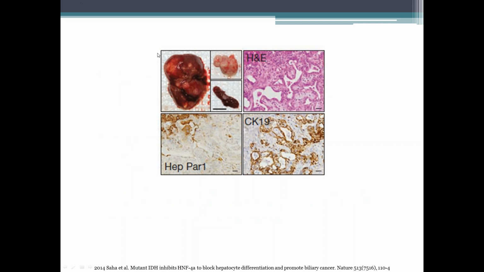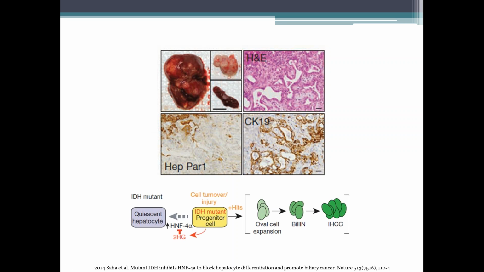So this figure again just shows that these mice develop cancer similar to what we would see in humans, and this is a microscopic view of that cancer in this part. And the stains underneath, this stain stains biliary parts of the liver, which is where the tumor develops, and this CAR1 cell stains the other cells in the liver that are not involved in the tumor. And this is a somewhat complex figure, but I just wanted to show how a mouse model can really show this